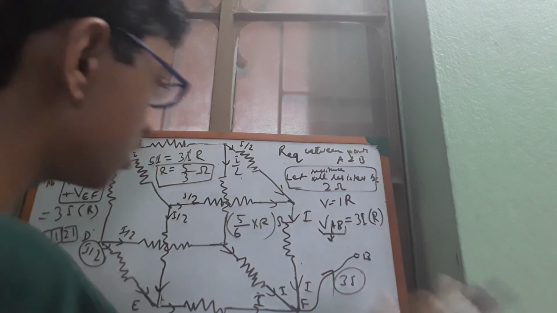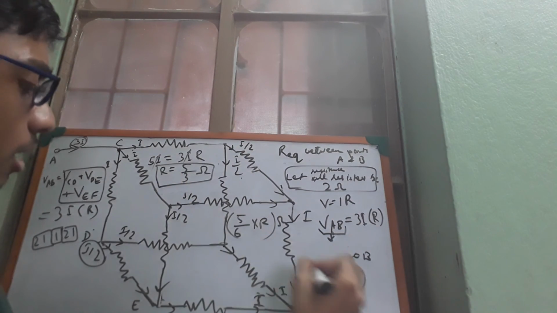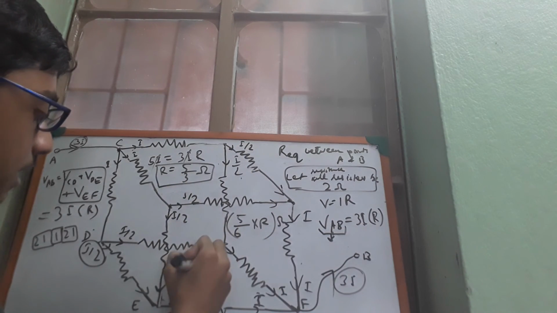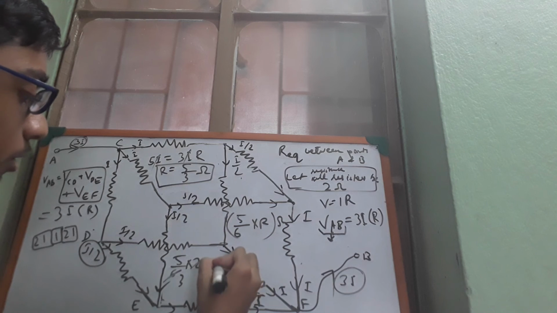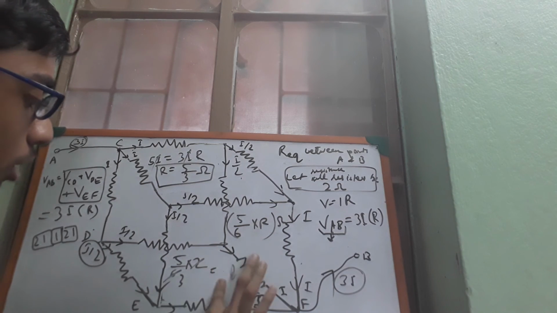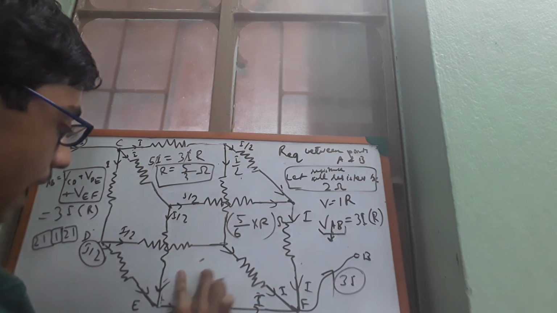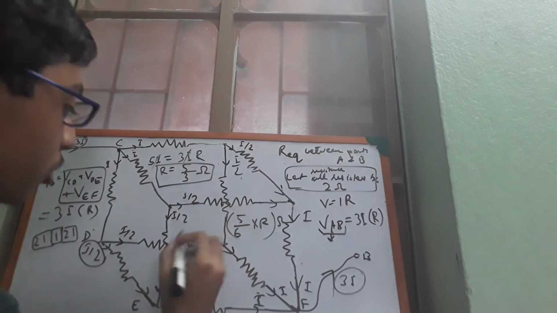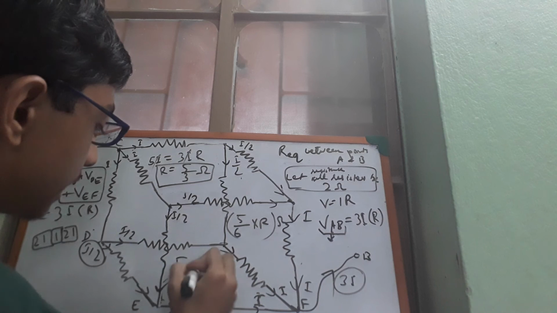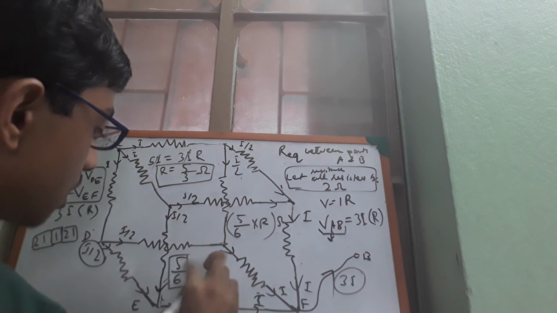Don't even look at the cube. Okay, so all the resistances are 2 ohm in this case. So our answer will be 5 by 6 into 2. That means 2 and 6 cancel, that's 5 by 3 ohm. And after doing all these calculations, we arrived at the same result here, right? 5 by 3 ohm. And if I told you all these resistances were 1 ohm, in that case 5 by 6 into 1, the answer would have been 5 by 6 ohms.